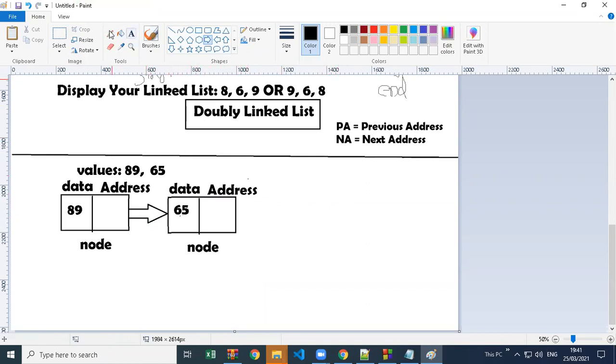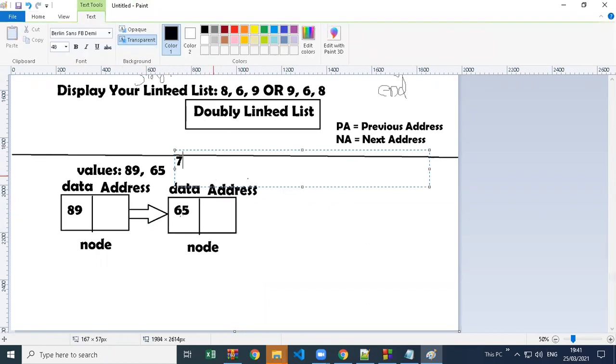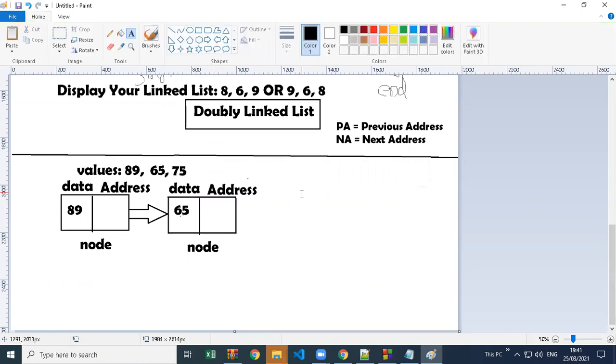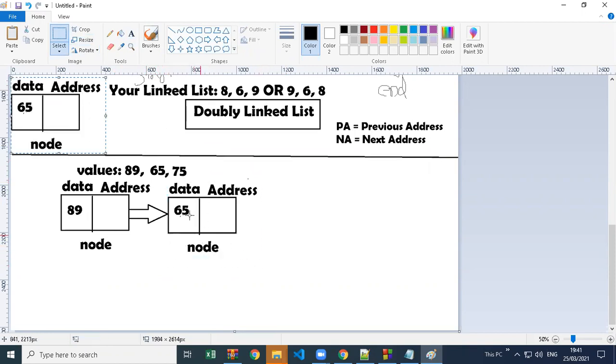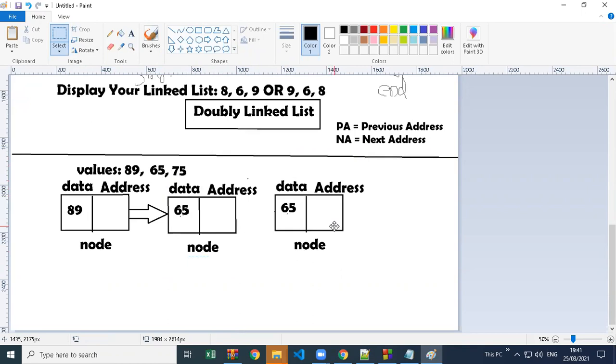But if I try to store one more value, let's say 75, it is going to create one more memory. So it looks like a single linked list only, right? But now there is a difference you can see. Let me just change this value, 65.